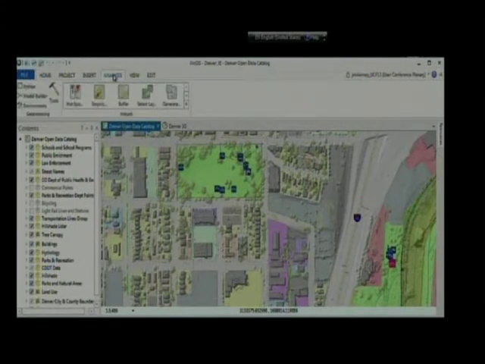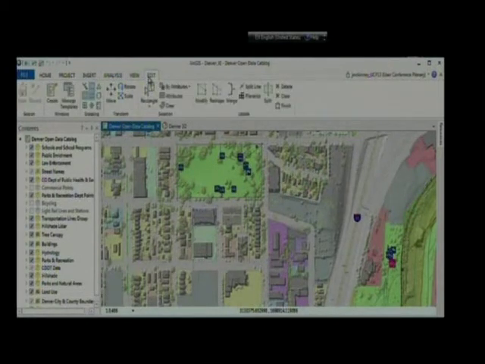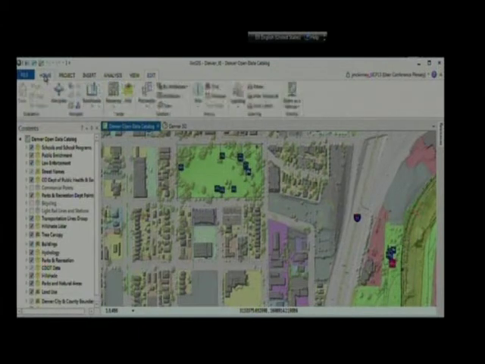There's an analysis tab, familiar Python window, model builder, all your geoprocessing tools, accessing geoprocessing services online in the application. Editing tab where I create my features, manage my feature templates, manage my snapping environments, really everything I need to create my data authoritatively.